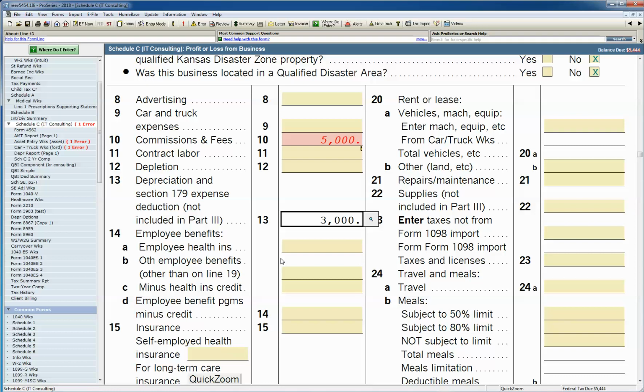So let's say you interview one of your clients and they say, you know what, we don't know what our car and truck expenses are. We don't know what our advertising expense is. We need to get you those numbers. We don't have this particular W-2. So rather than you getting out a piece of paper and writing all those things down, what you do is